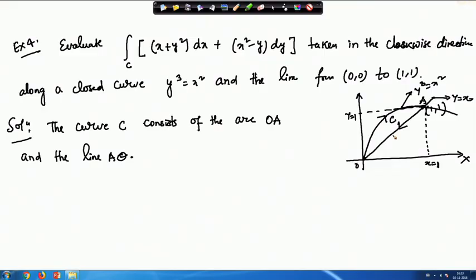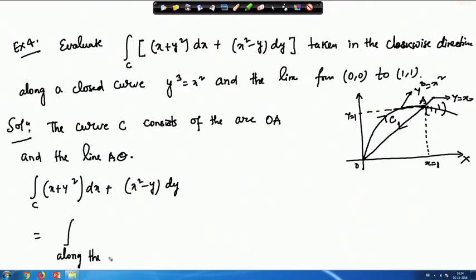Now that we have the curve and the line, we have our closed curve, and we do the calculation. The line integral can be done in 2 steps: first along this curve, and then along this curve. So we have the integral of (x plus y) whole square dx plus (x square minus y) dy. We can write this as the line integral along the line AO of (x plus y) square dx plus (x square minus y) dy, plus